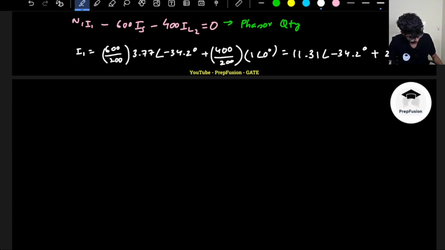So 34.3 cos 11.31, this value comes out to be 9.343, plus 11.31 into sine, 34.3 sine. Okay, so this is actually minus j